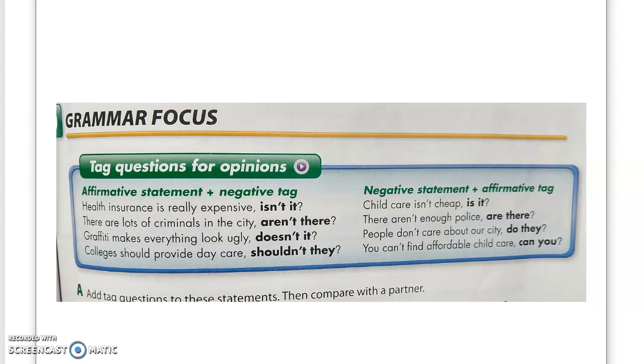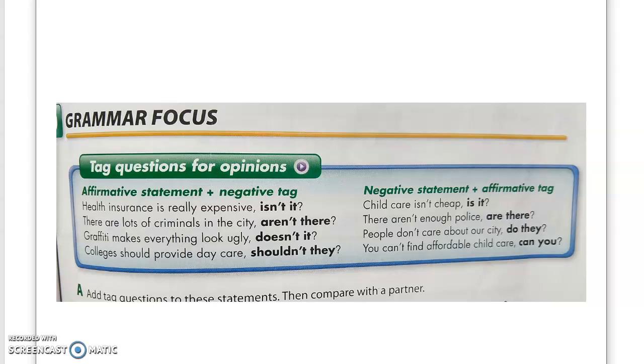This is page 103 in your new Interchange student book. All right, here we have patterns for making tag questions. Tag questions are little questions at the end of a statement. And we use tag questions just to confirm with someone what we are saying, or to see if someone agrees